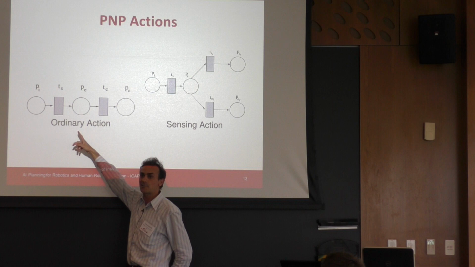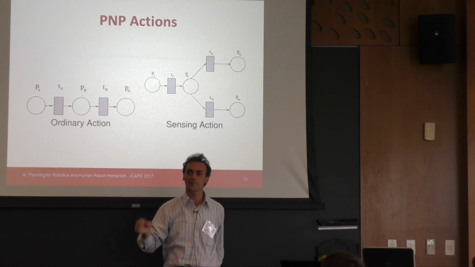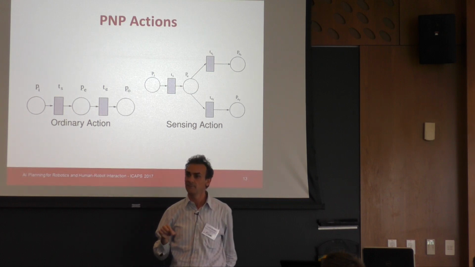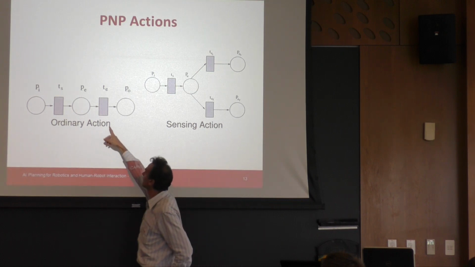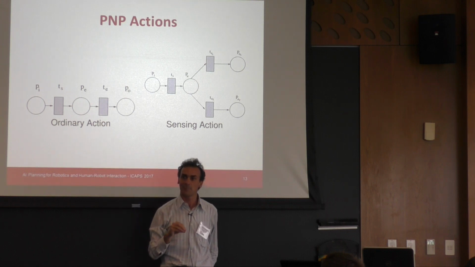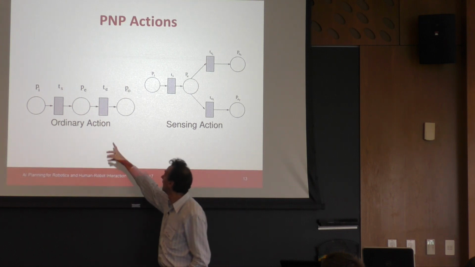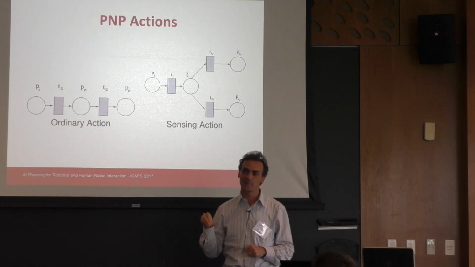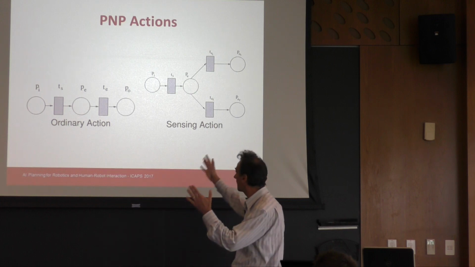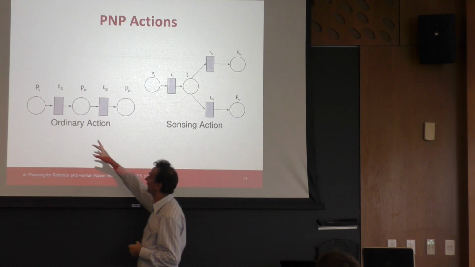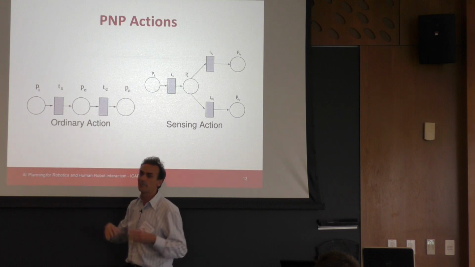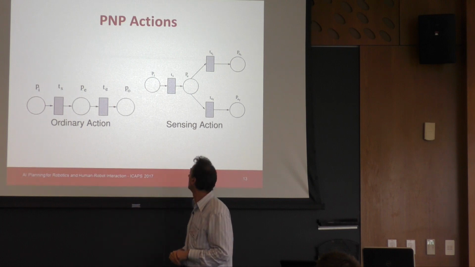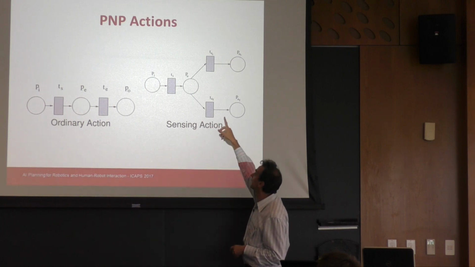The start transition is the transition that happens when an action starts. The execution place is a place that means that the action is under execution. The end transition is the event that happens when the action terminates. And the last place is the state in which the action just terminated. Okay? So in this way we represent an action that can start at some point, it will remain in the execution state for a while, and then it will end.